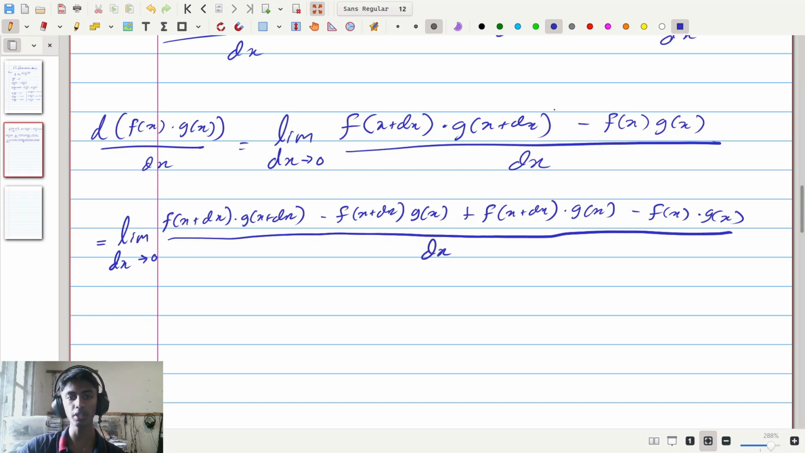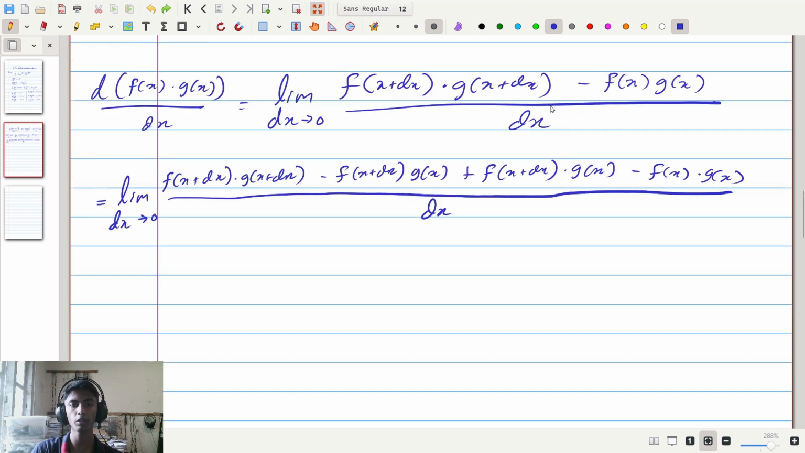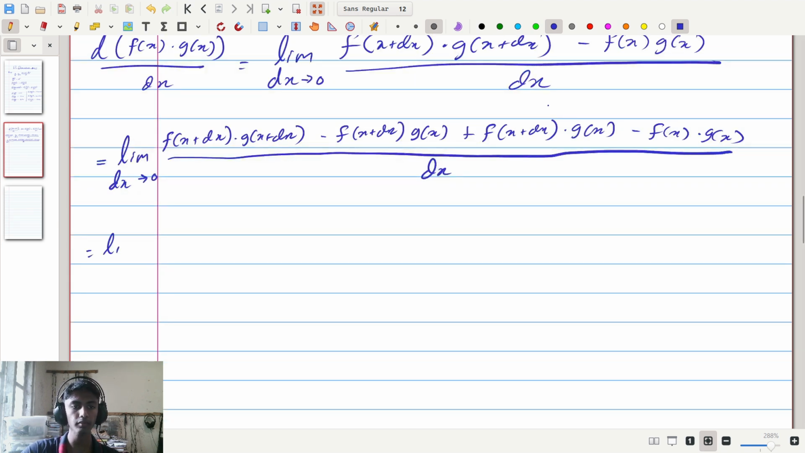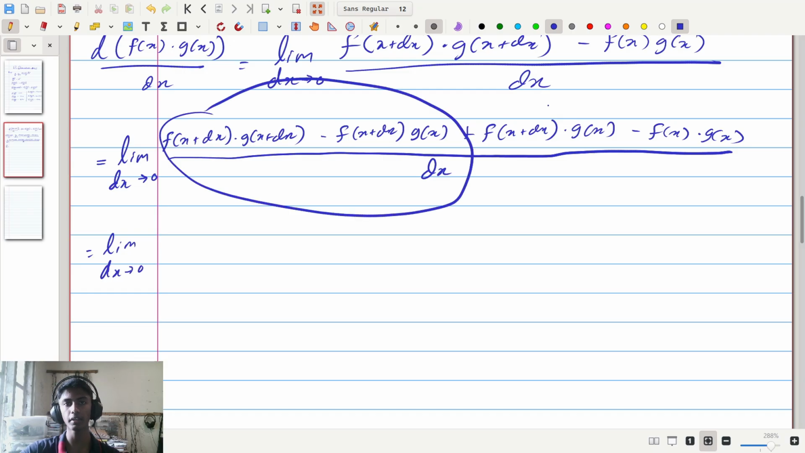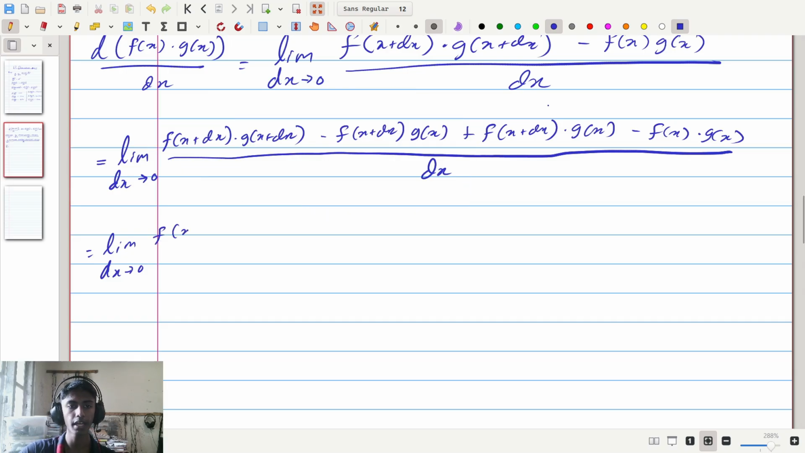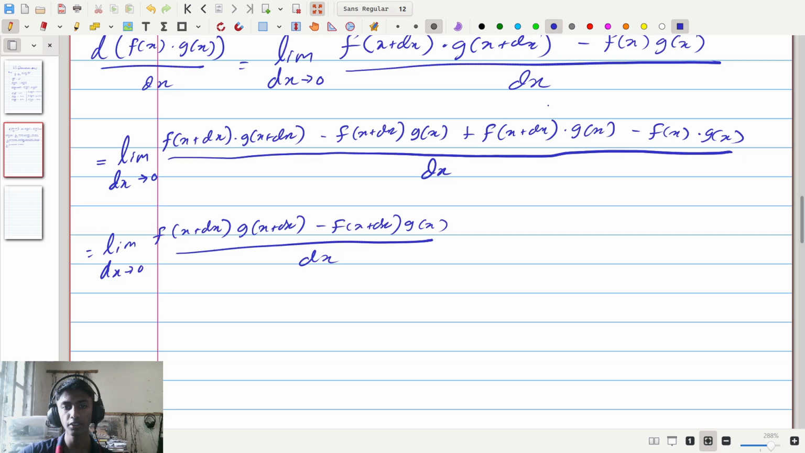The next thing we're going to do is use the law of limits, saying that we can split this into two pieces. If you don't remember that, check this video over here on limits. Here, we're going to split this thing right down the middle like this. What we get is the limit of the first part, which is the limit as dx approaches 0 of, considering only this part separately, f of x plus dx times g of x plus dx, minus f of x plus dx times g of x, all divided by dx,